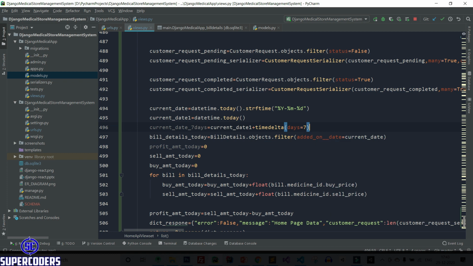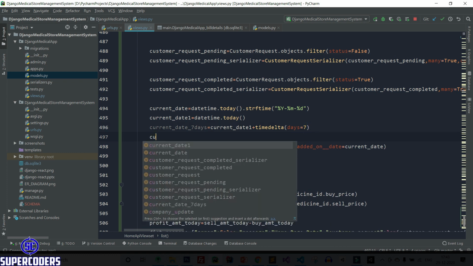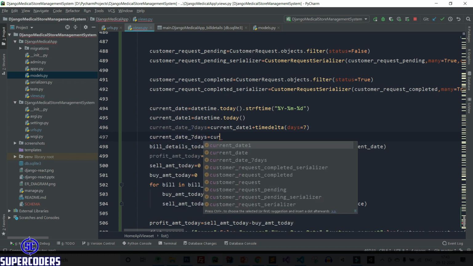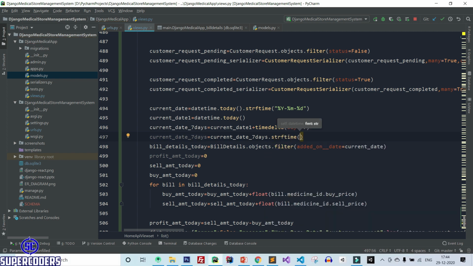So after that, current date 7 days equal to current date 7 days dot str from time. After that, again passing the format, so let's pass the date format, copy it and paste it here. So here you can get the 7 days and current date.